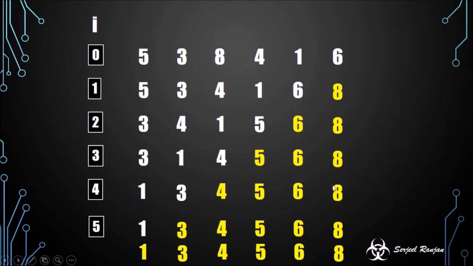This process goes on. So there are certain things that we have to note from this pattern. The first thing is that bubble sort sorts the elements from the right end. You see this: 6 8, 5 6 8, 4 5 6 8, and 3 4 5 6 8. This algorithm is doing sorting from the right end. So I think you have understood enough to develop the logic of the program. So let's get into the text editor and write the program for this.